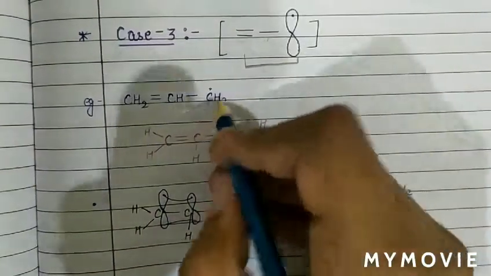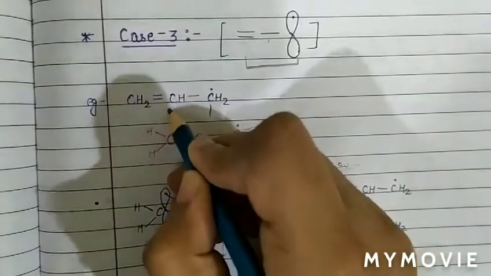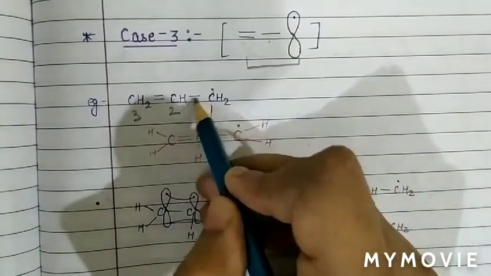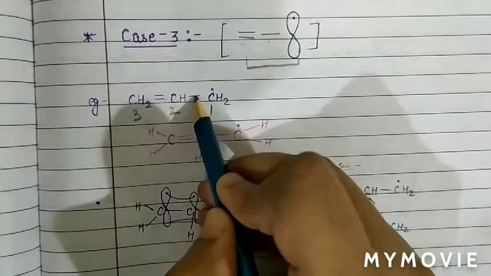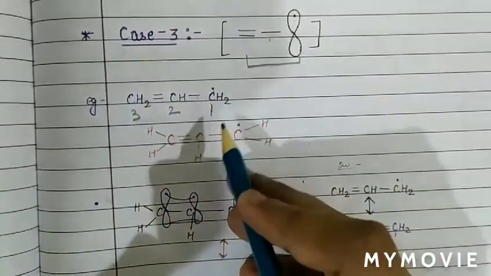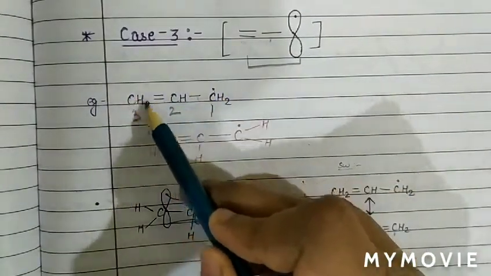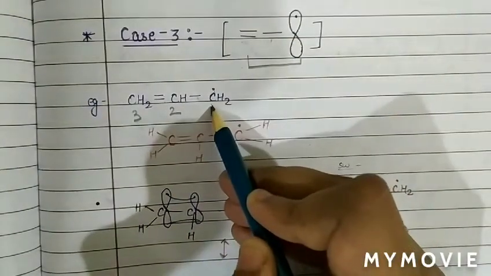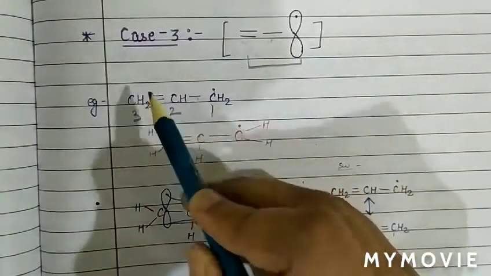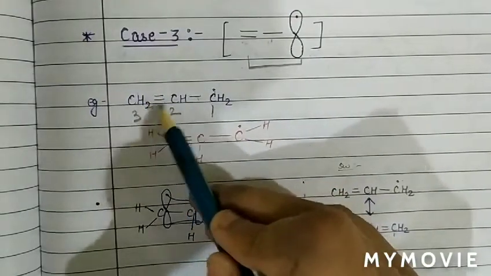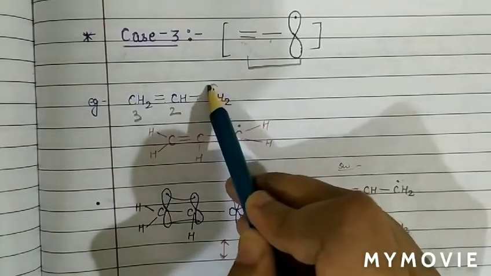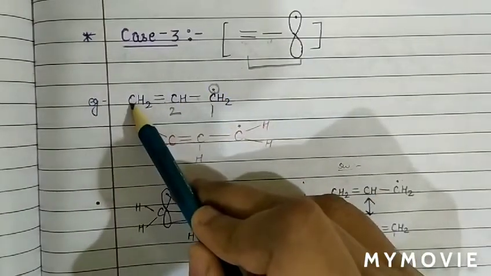In short form, we also do the numbering 1, 2, and 3. So a free radical separated by a single bond and then a pi bond. So pi bond, then single bond, and then free radical. So this is also another type of conjugated system. Here we also see the shortcut numbering 1, 2, 3, and the pi bond between 2 and 3 will shift in between 1 and 2, and the free radical from the first carbon will shift to the third carbon.